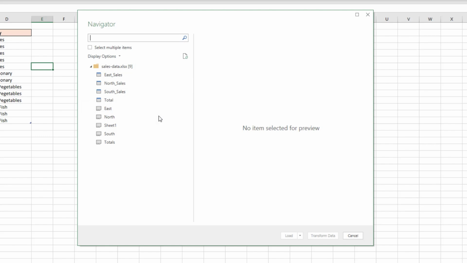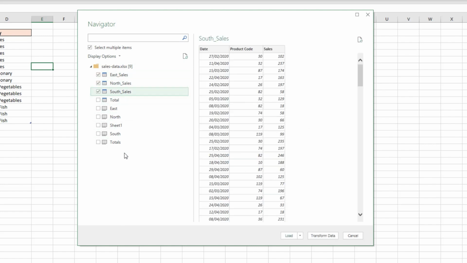Now we are only interested in the East Sales, North Sales and South Sales tables. So we could check the Select Multiple Items box and choose those tables for importing. This will work brilliantly. However, if we were setting this up for the future, just like demonstrated on the course,